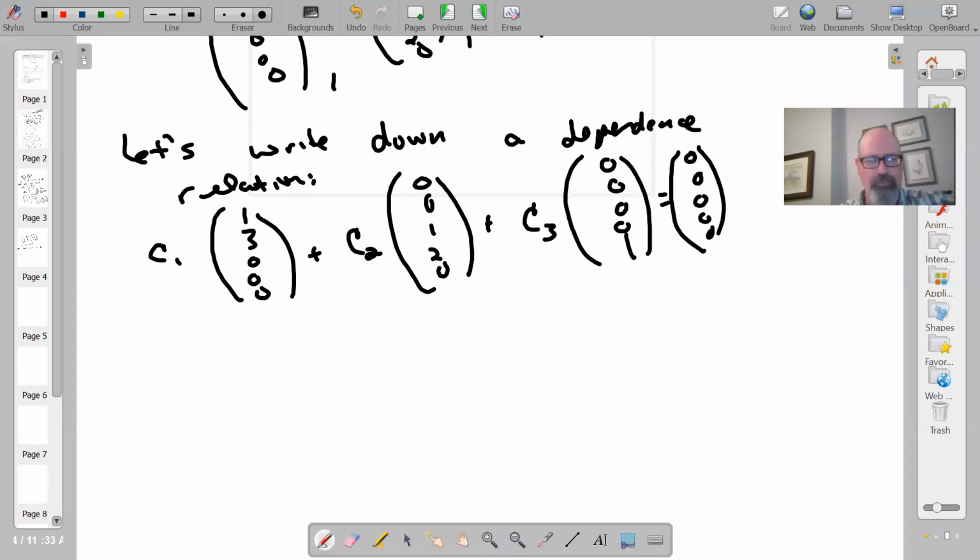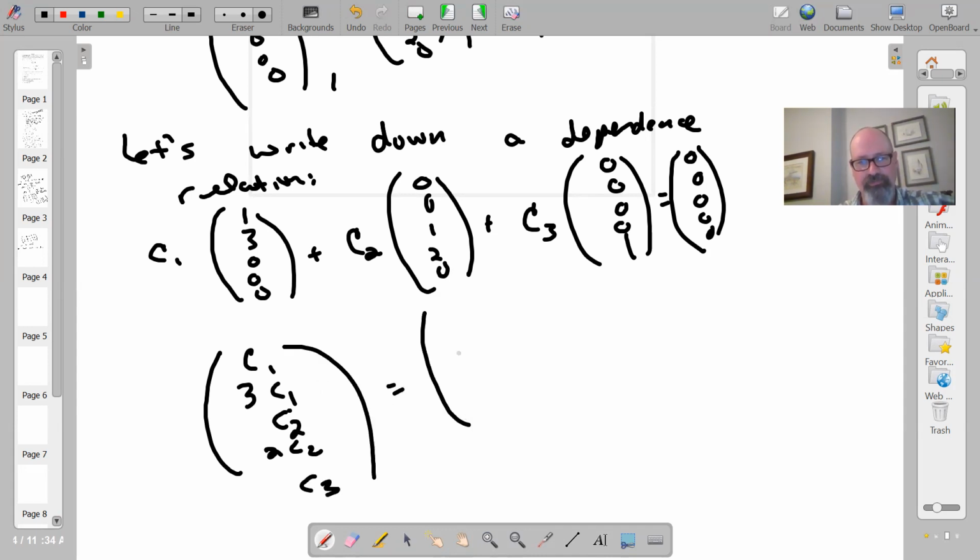So in this case, look carefully at the form of the vectors on the left. They come from the row vectors, but notice the form they take on. If you look at C1, C2, and C3, the vectors on the left-hand side have to add to something like C1, and then you have some zeros, and then you have 3C1, because you have zeros there. Then you've got C2 and then 0C3. You've got a 0, a 2C2 below that, and in the final entry, you have C3, and that has to be equal to the 0 vector.